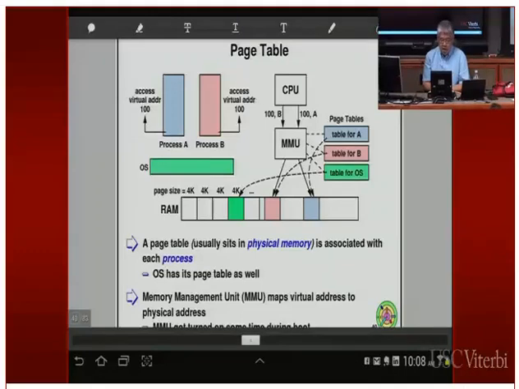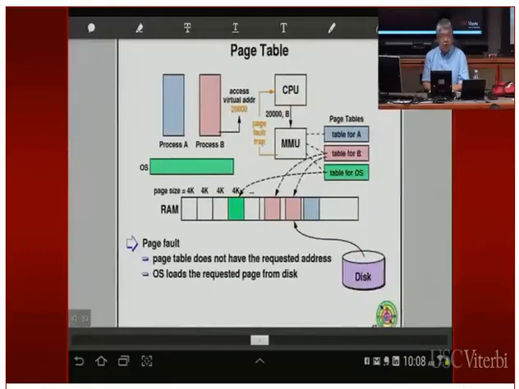And when you try to reference a virtual address, you need to see whether that entry is valid or not. If it's not valid, you get a segmentation fault. You trap in, well, you get a page fault. You trap into the kernel, and the kernel might repair the page table. So in this example, the kernel will repair the page table entry, bring a page from disk, put it into the physical memory, have the page table point to that physical memory, and then restart that memory reference. All right, so this is what we talked about last time.